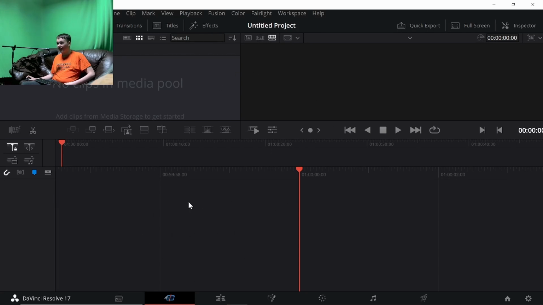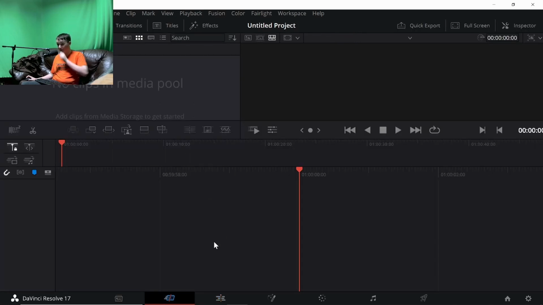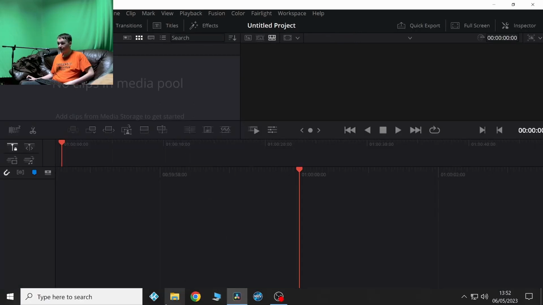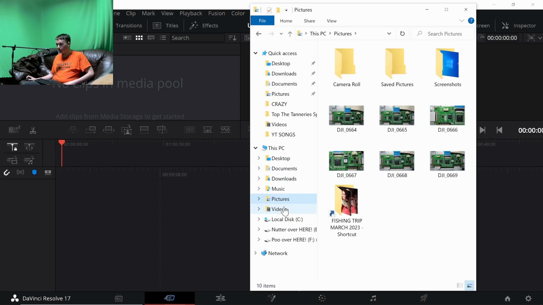This is really the area where you snip things, split, move things around, and then you can see an overview across here, the timeline, and then we'll get to the other sections in a second. We'll start with this area. Anyway, first of all we need some clips. If we go into here, what I'm going to do is I have some fishing pictures,